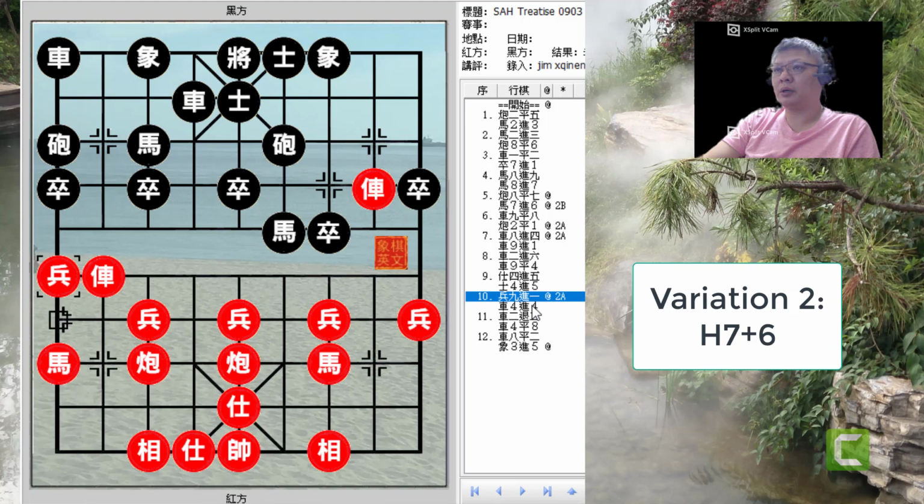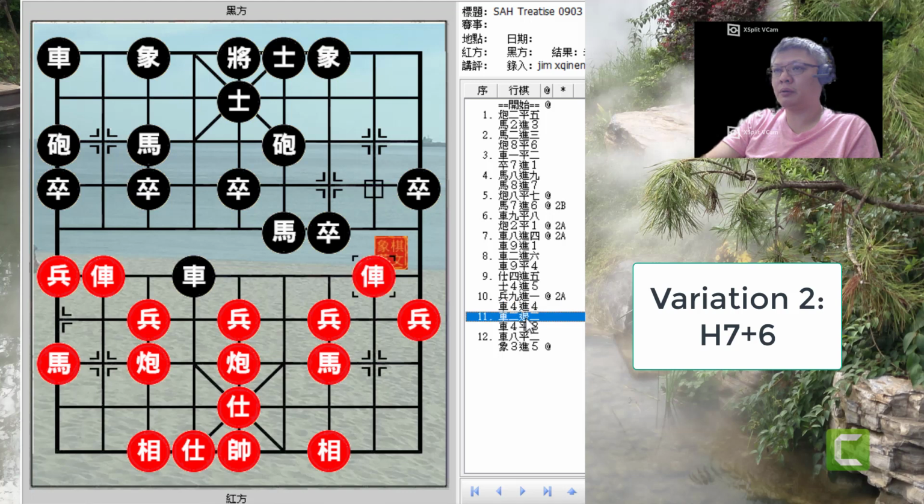So if p9+1 was played, red would still try to trade chariots, and black would simply refuse to trade chariots in this manner because the black horse would now be unable to cross the river. Trade,